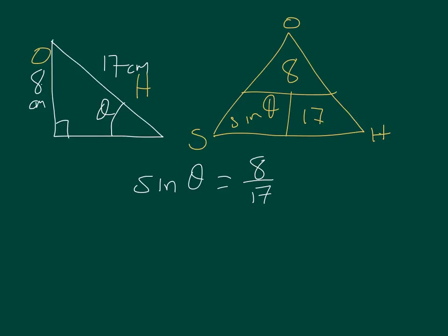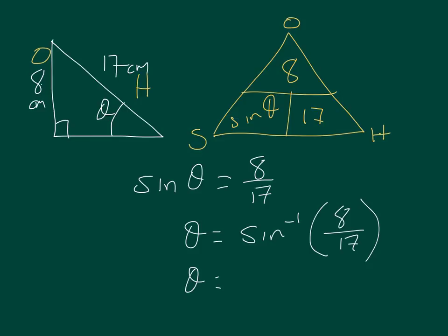Now theta, we want theta on its own. We don't want the sine of theta. So we have to remember our algebraic rules is that we need to get this sine part onto the other side of the equation. And to do that, we do its inverse. We do the opposite. So it becomes theta is equal to the inverse sine, which you'll find on your calculators if you go the shift or the function button and then above the sine button. So inverse of sine, and then I usually put it in brackets just to solve any problems, 8 divided by 17. And if I do that on my calculator, I get